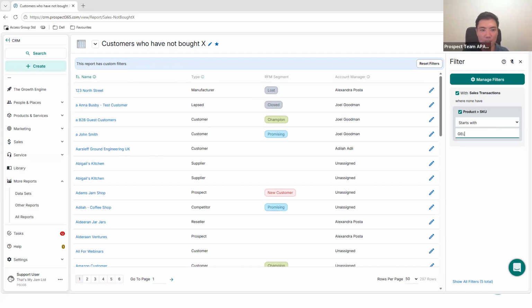Okay. But interestingly, you can also work vice versa. So this is where I show you how you can copy this report and make it work for you and save it. So let's say this list is showing you a list of customers who haven't bought gelatin. Instead of that, you want to see customers who have bought it. And how you can do that is simply by clicking the three dots button right here